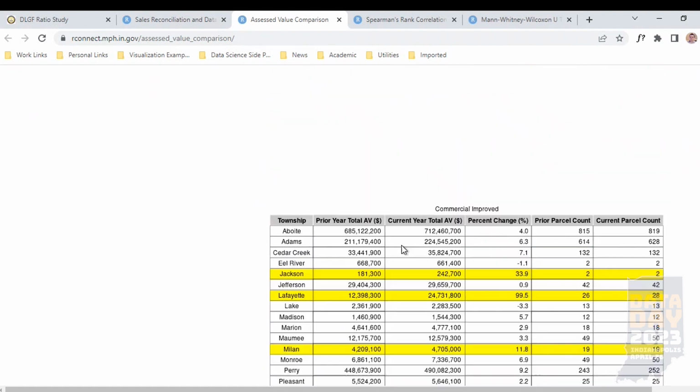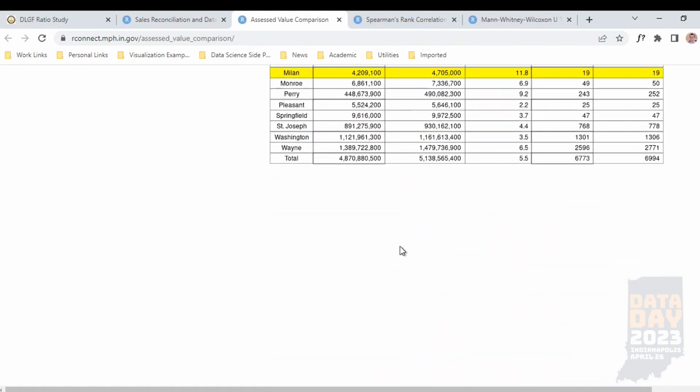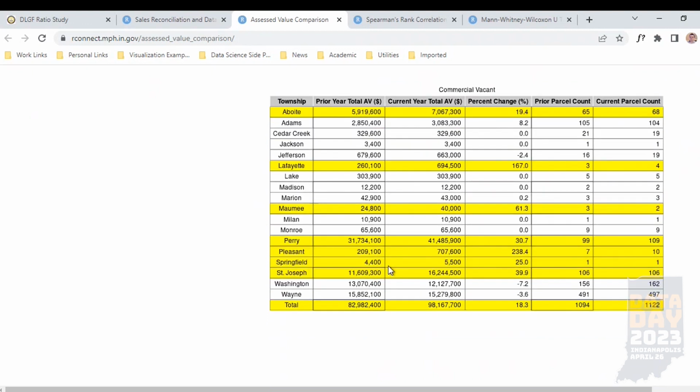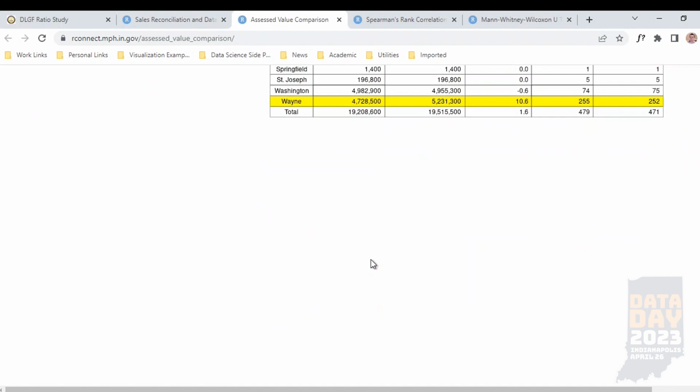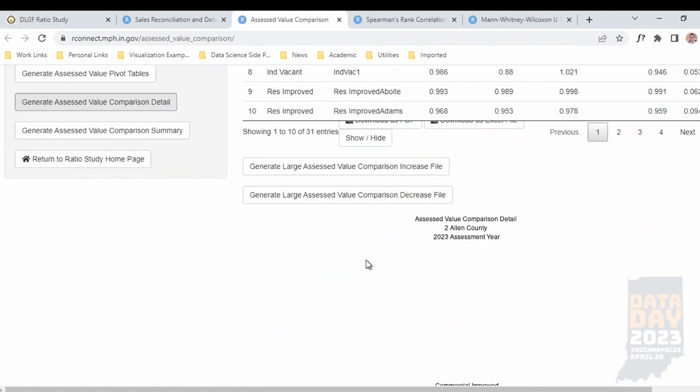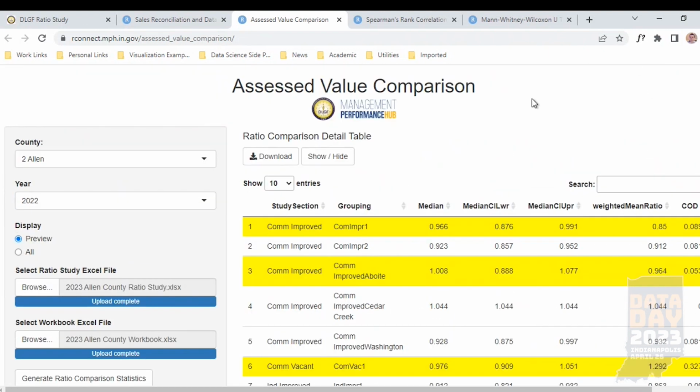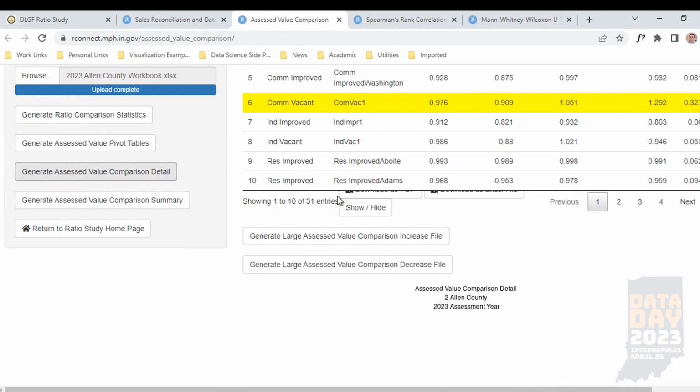And they're also broken out. There's a table for each property type, so commercial improved, commercial vacant, residential, etc. So we can check that as an assessment rep, and then we can